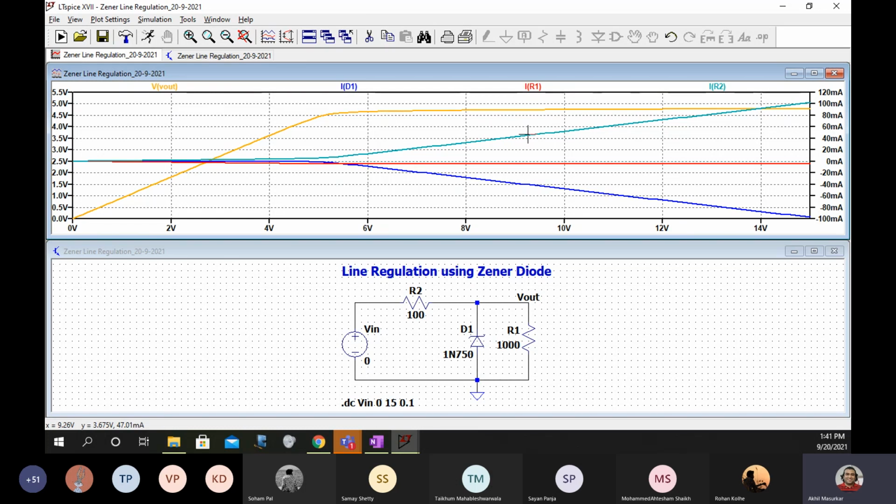So can you see this? Can you see this curve now?